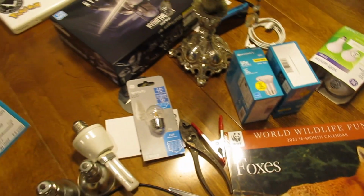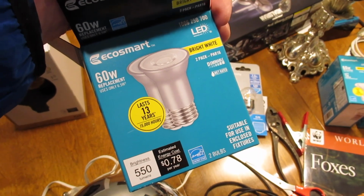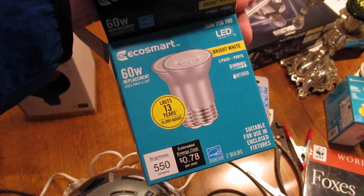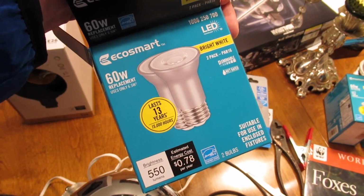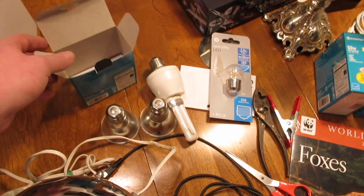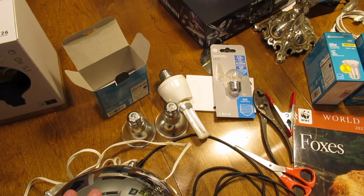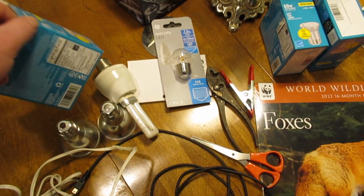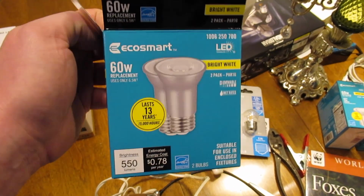A new thing at the Home Depot is a new version of their little flood bulbs. Now they have these, what are these, PAR 16 or something, LEDs and 60 watt equivalents, and they're all gray. Now they have new versions of the PAR 20s as well, but they're really weird. You can change the size of the flood or the degree angle of it. I didn't like that idea because it looked like it only used certain LEDs to do so. But I saw they had this new product, and it's 50 lumens more for less price and in a more